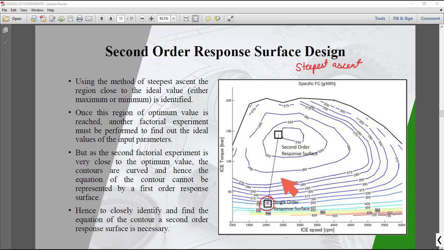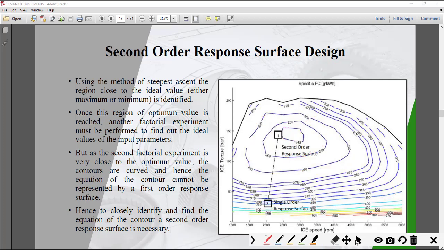Now, because these contours are far away from the optimum values, they are in a straight line. See over here, you can see that the yellow lines are straighter than these light blue lines. These light blue lines are straighter than these dark blue lines, and these dark blue lines are straighter than these lines, right? The radius of this is less. The radius of this is further less. This has the minimum radius, whereas these lines have a very big radius. What does a big radius mean? A big radius means that it is almost a straight line.